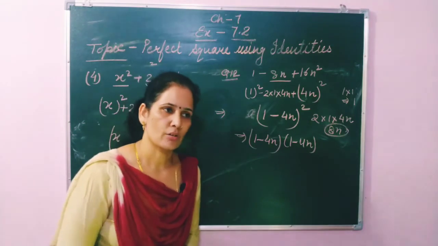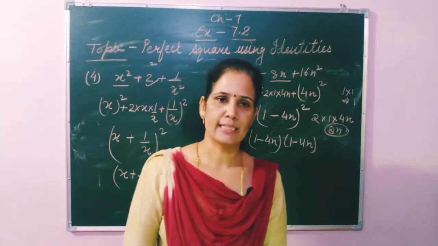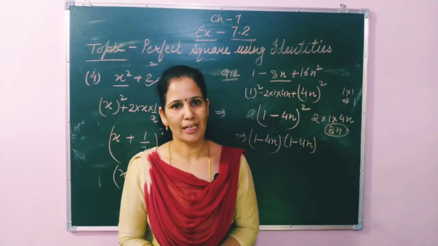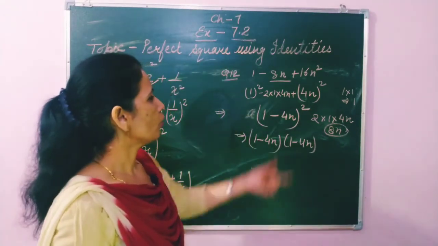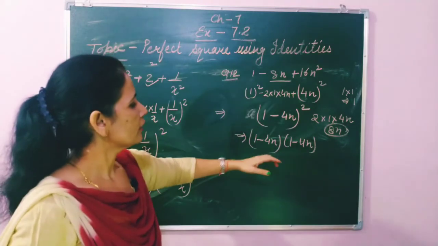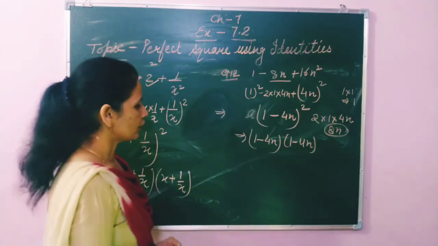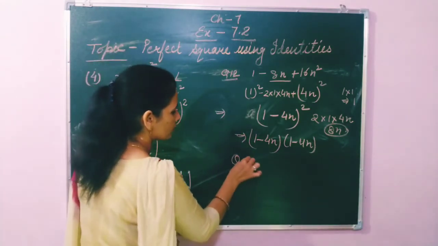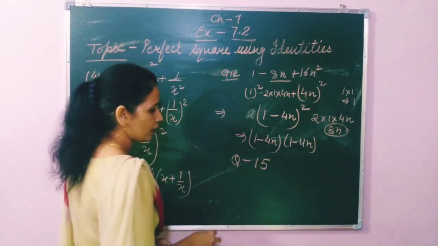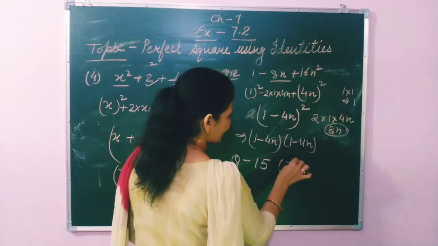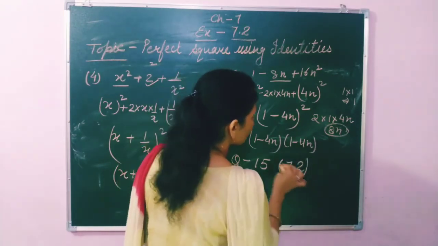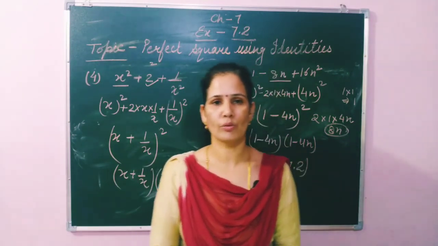Okay students, today we discussed the two identities, that is (a plus b) whole square and (a minus b) whole square, and on the behalf of these we learned how to make the perfect square by using the identity. And today you have to solve till question number 15. Means questions 1 to 15 of exercise 7.2 in your math register. That is our today's homework.